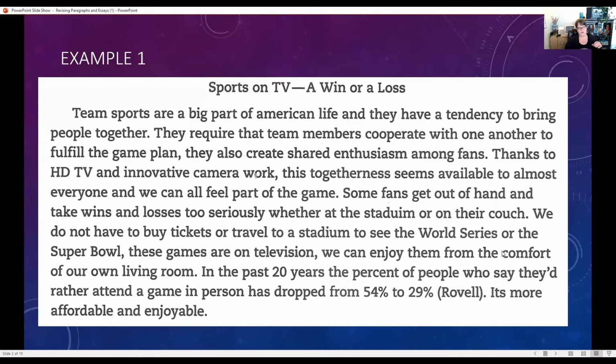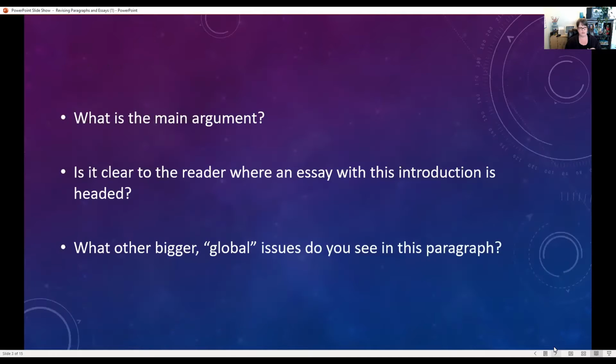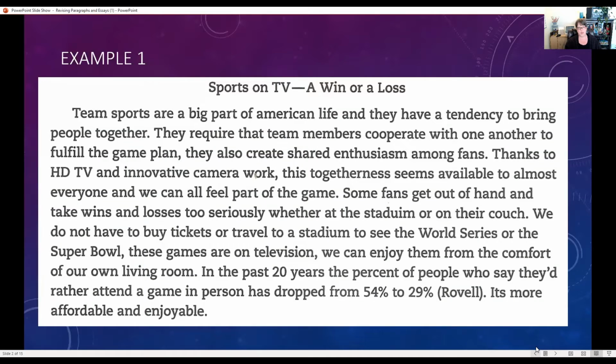So I thought I'd take a moment to launch into this. Here's an example from that handout that I talked about. I'm actually going to jump ahead to the next slide because I want you to think about these things as I'm reading it out to you. What is the main argument? Is it clear to the reader where an essay with this kind of introduction is headed? And look for any other bigger or global issues that you see in the paragraph. This is called Sports on TV, a win or a loss. So let's read through this and figure out what the thesis is,